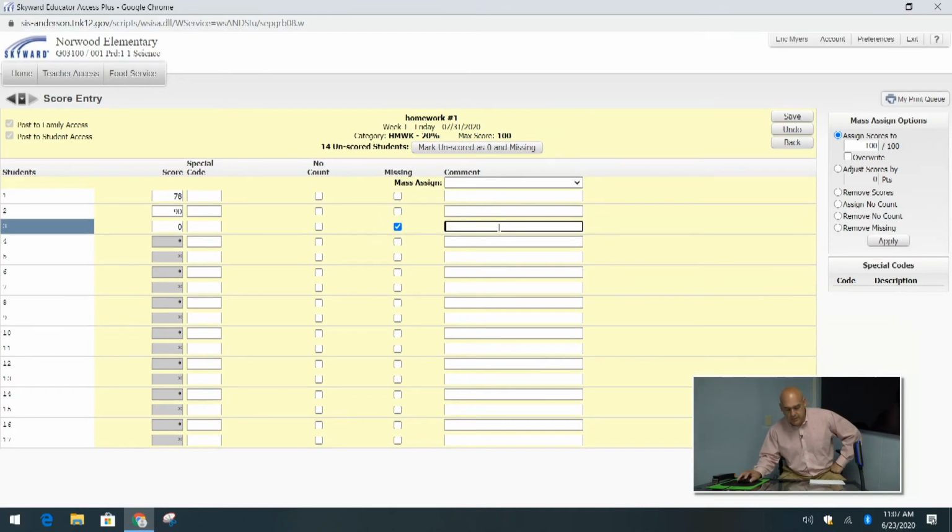You can also put a comment out here, and you can say, hey, if this child was absent, you could put a comment that says, waiting on makeup work to be completed, or whatever comment you choose to pick for this particular child. So in this case, I'm not going to finish filling the rest of these out, but I